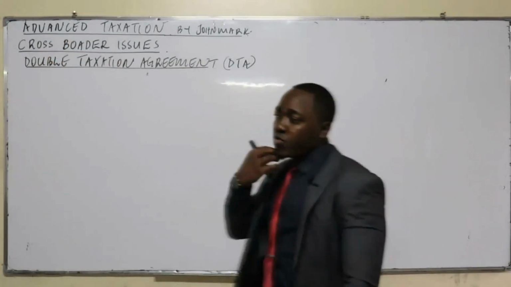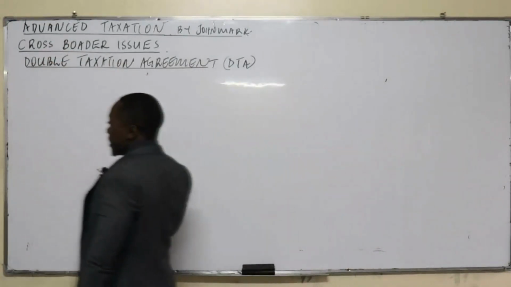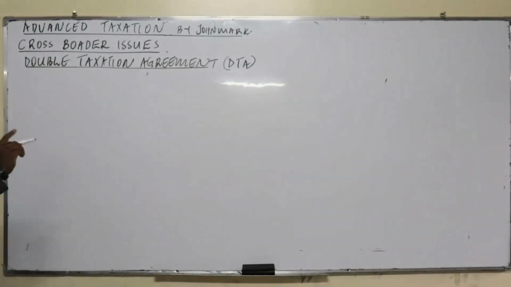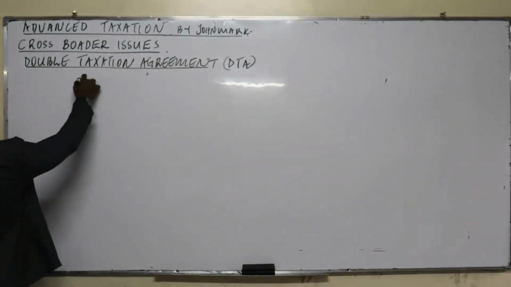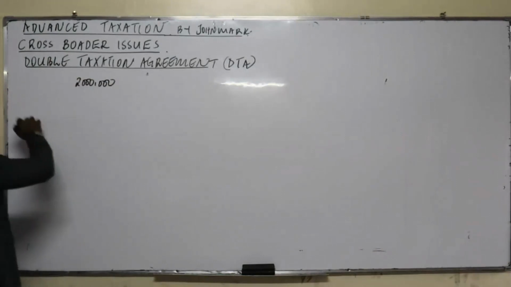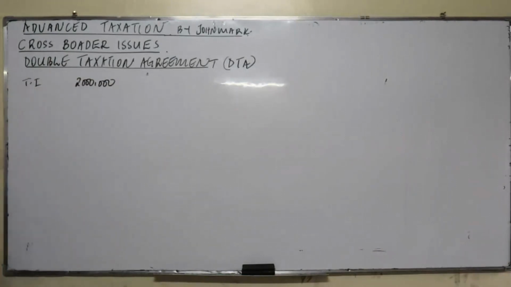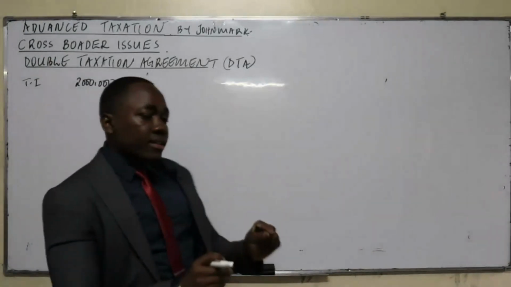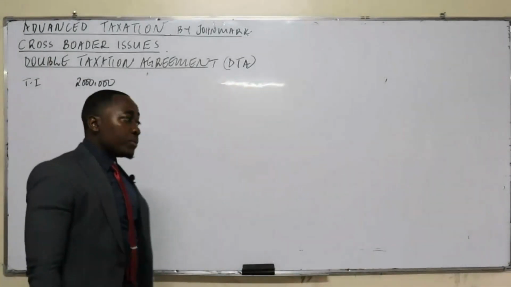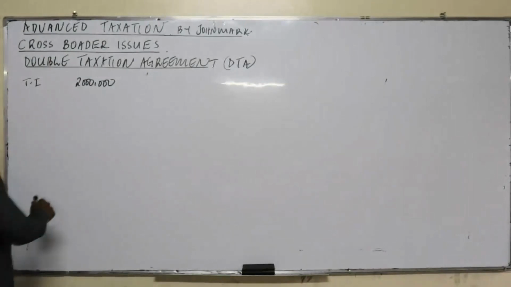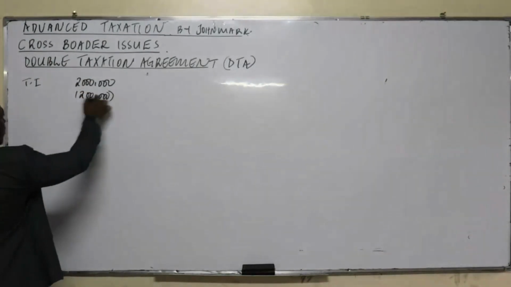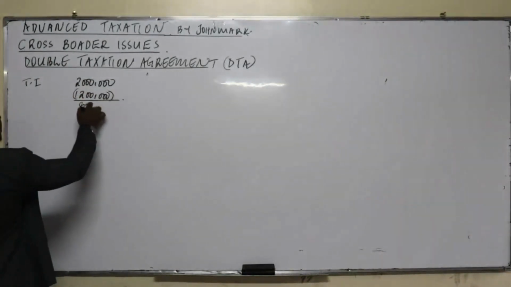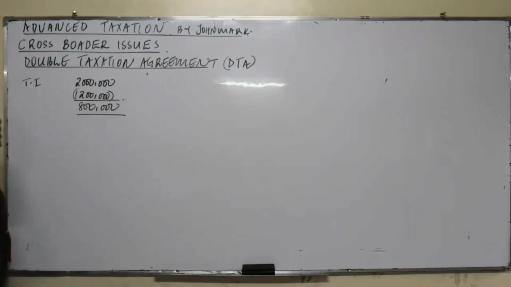So for example, that was step number 4: you determine the tax liability on the total income. Assuming the total tax will be 2 million, that's on the total income. Then you compute the tax you're supposed to pay on the income earned in Kenya, and for example you get 1.2. So how much is the difference? The difference will be 0.8. Now, this 0.8 will be deemed to be the tax on income earned in the foreign country.